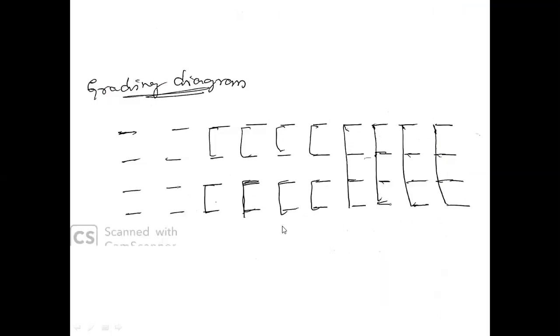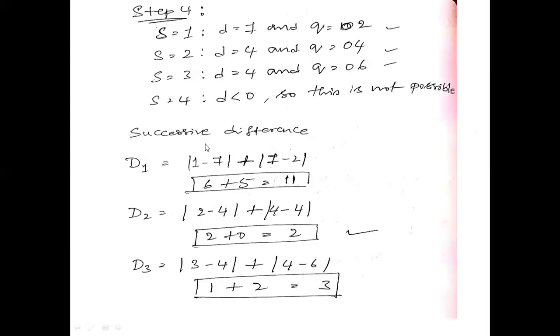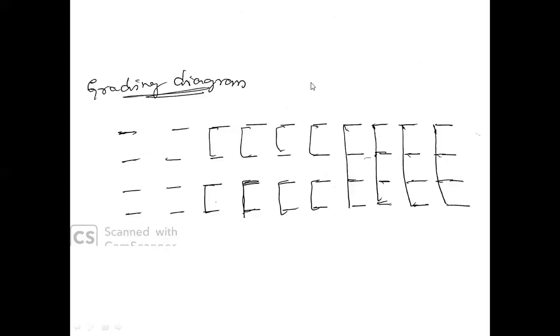For this, we will be writing the grading diagram. As I told you, you are supposed to write 4 rows, each row having 10 dashes. As I told you, I have 4 groups of switches, 4 switches, each with 10 outlets. That's why 4 rows with 10 dashes on each row. As per our solution, you have 2 singles, 4 doubles, and 4 quadruples.